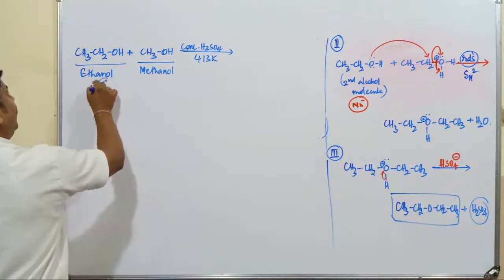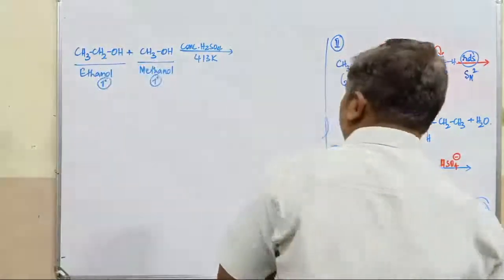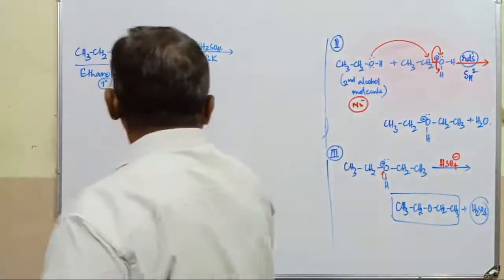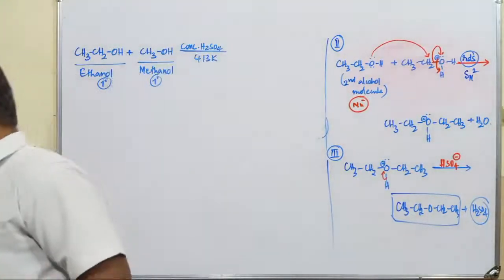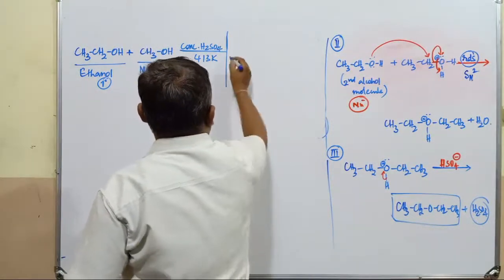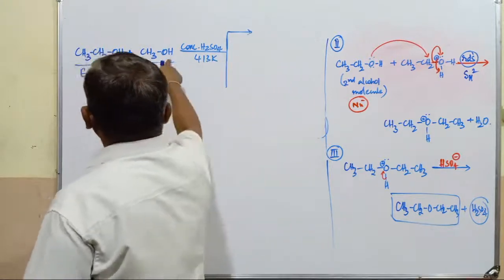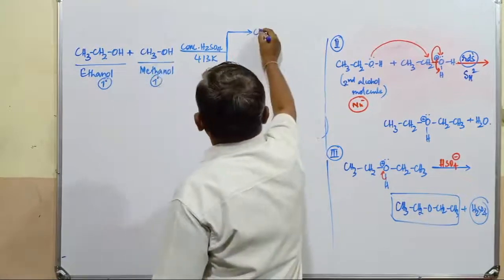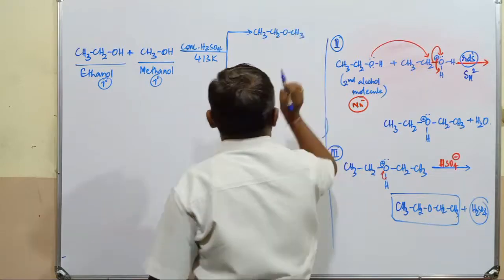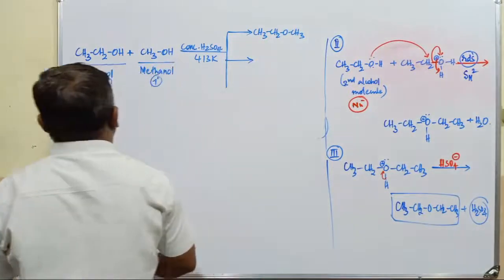When both are primary alcohols, naturally formation of ether takes place. Whether only one ether is possible in this reaction, or more than one ether, you observe. Probably if you remember the Williamson reaction, the same type of reaction takes place here. As you are thinking, this OH and this H are eliminated. So the first compound is CH3CH2OCH3. What's the name of that ether? Methoxyethane.